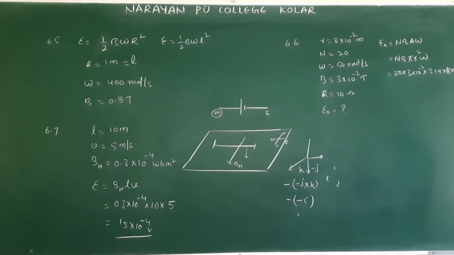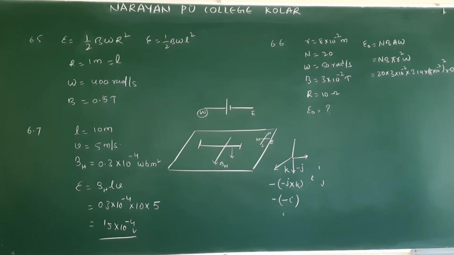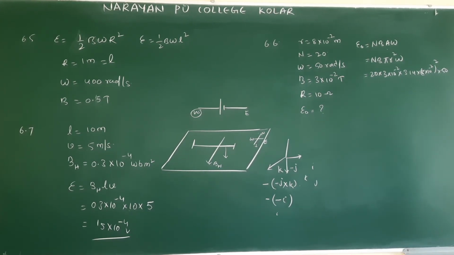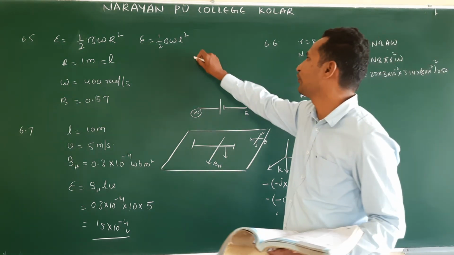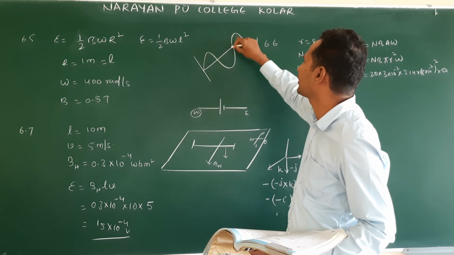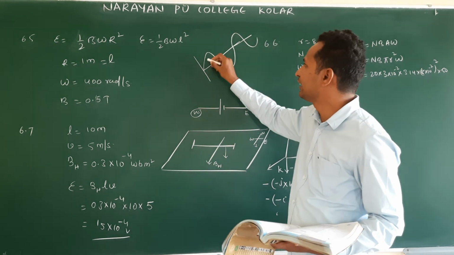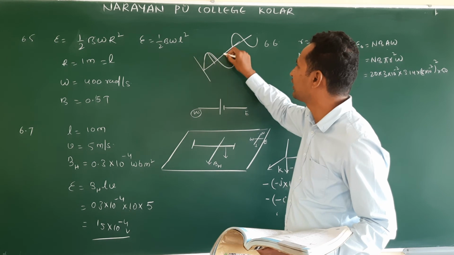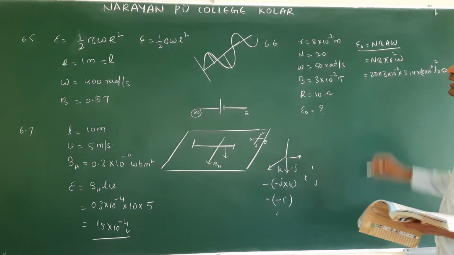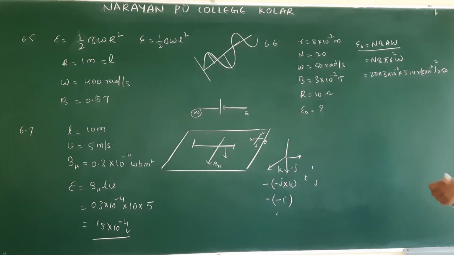To obtain the maximum EMF and average EMF, we will see this in the next lesson. What is the average EMF? Why do they call it average EMF? This is the EMF form. Am I correct or not? At a particular instant of time we have a maximum, that is NBA omega. Average means what? Over which cycle they take the average, we will see in the next lesson. Leave some space.